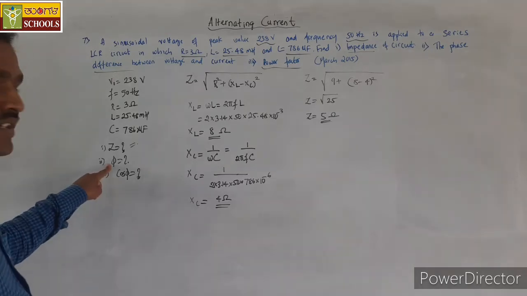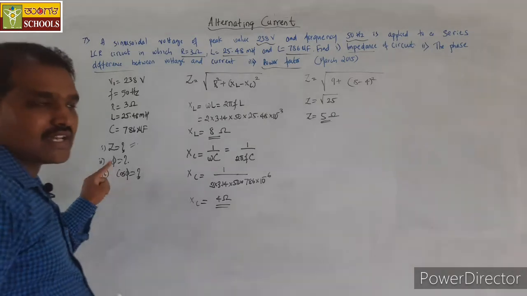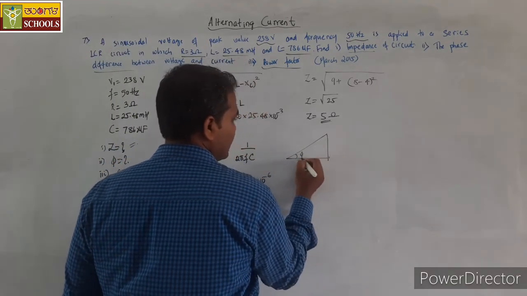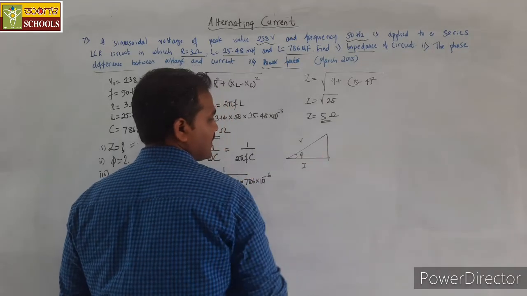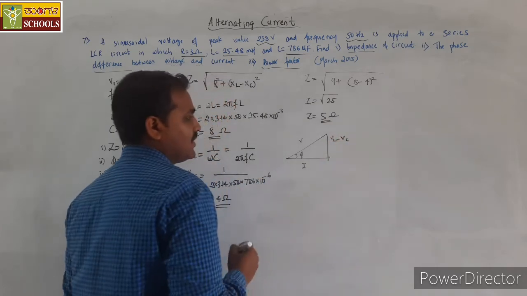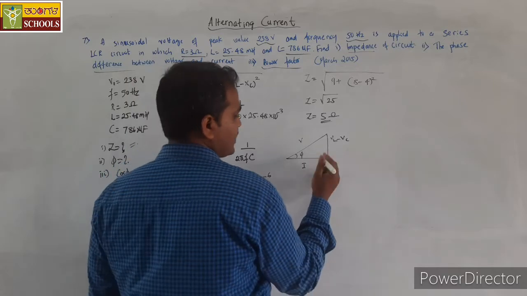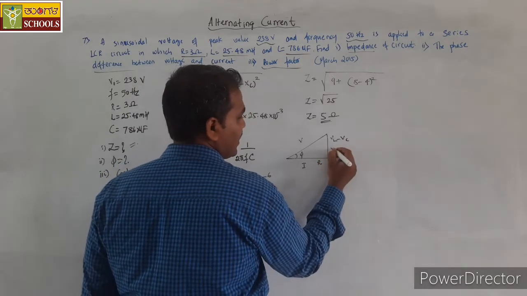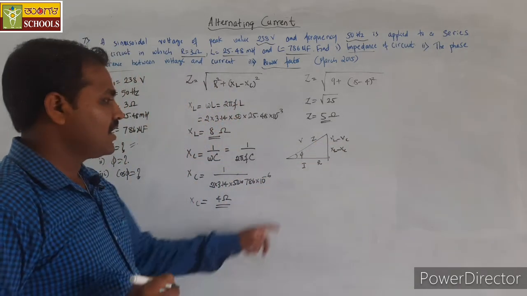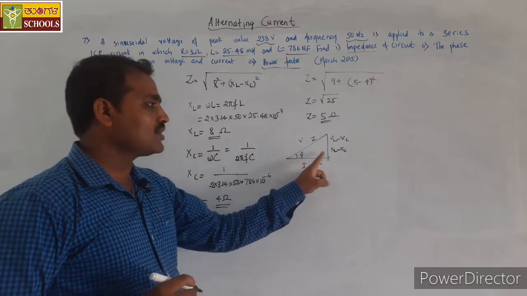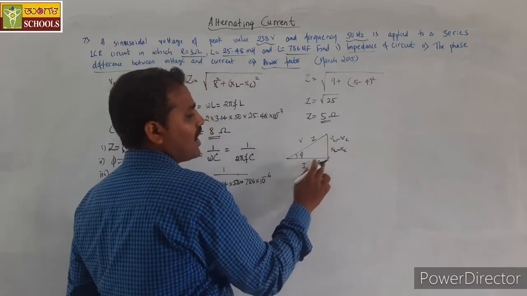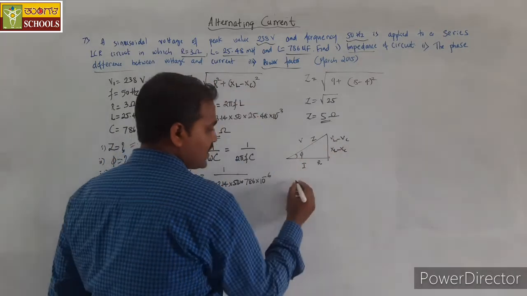Then we have to find out the phase angle difference between the voltage and the current. For that, let us consider the impedance triangle here. This is the phase angle difference, this is the voltage, this is the current, and this is the effective reactance, that is VL minus VC. Or I can write in the form of resistances also: here I will have resistance R, here XL minus XC, and here Z. I have to find the value of phi here. Either I can use tan phi or cos phi. Because I know all the values of R, XL, XC and Z, I can use whichever is comfortable.